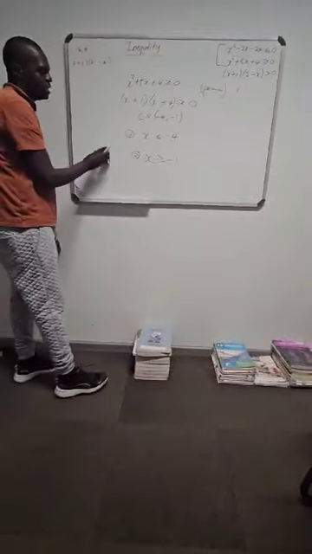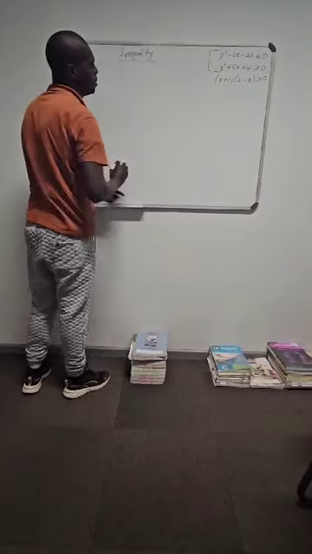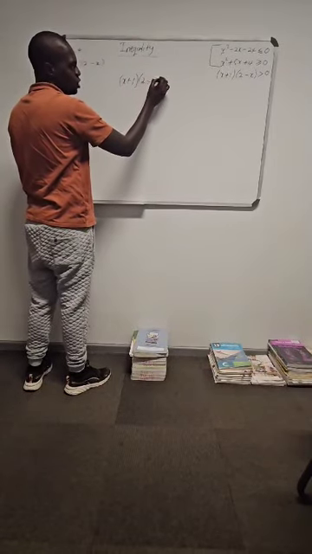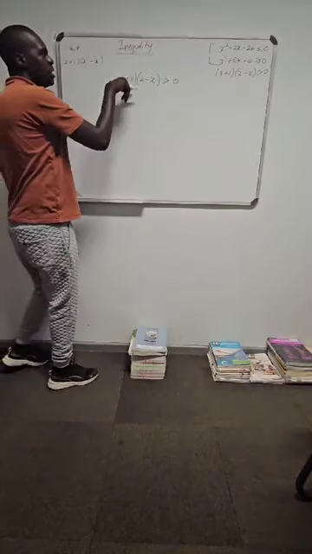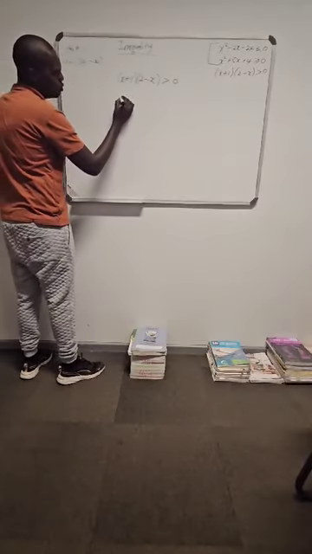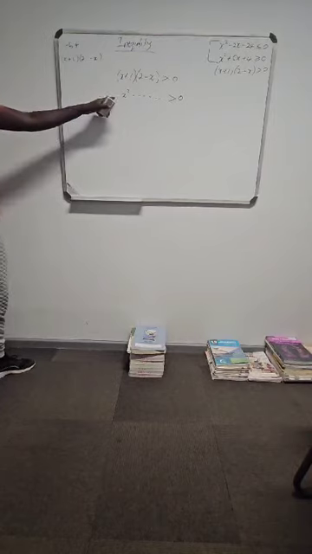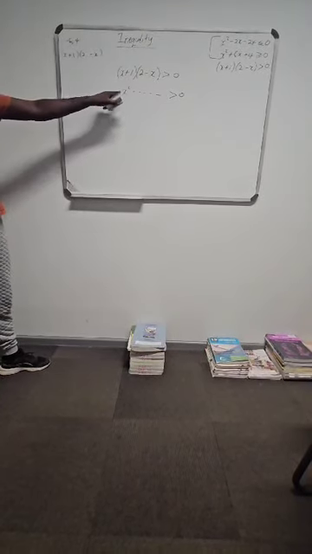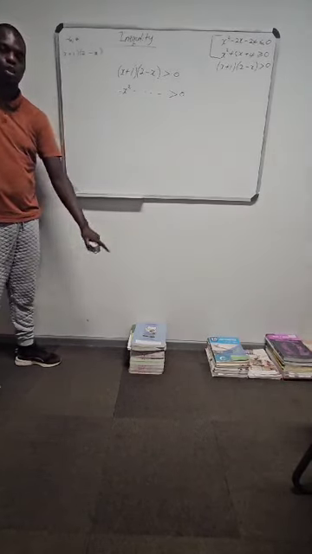Now the last one, there is a tricky thing there that I want you to see. That tricky thing, it's up to you how you want to deal with it. Now we'll deal with it in a shortcut way. In a shortcut way, you can multiply this by this, and this by this. It is fine, but the challenge with this sum is that when you are done, this thing is going to have a minus here. And the language of inequality says that this one must never be negative. If it is negative, you cannot handle it.